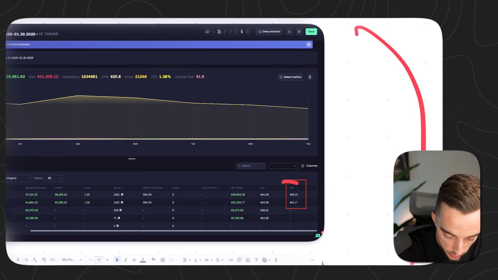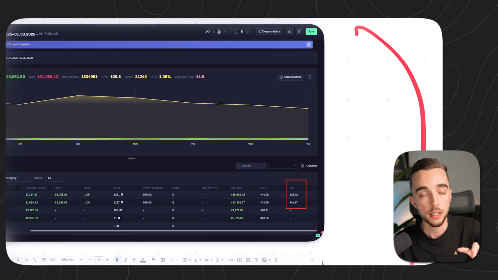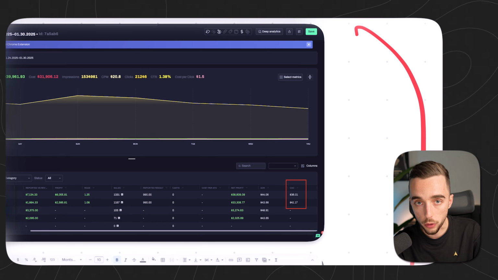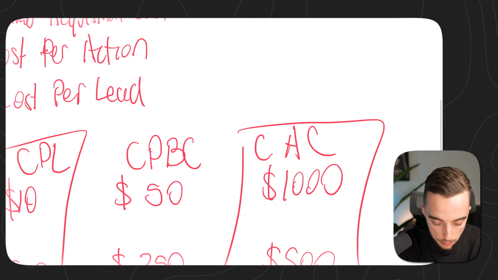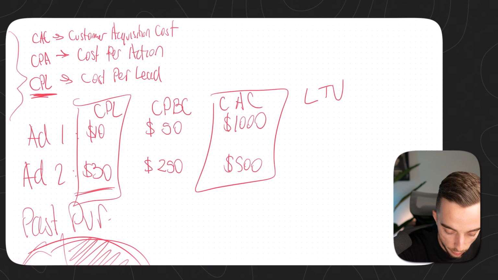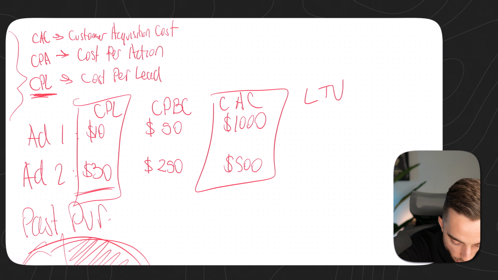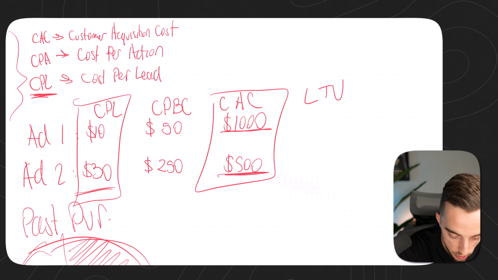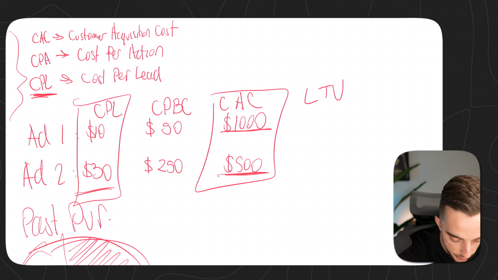So I not only know how much it's costing me to acquire a specific client from a specific ad or campaign, I also know the average lifetime value of a lead for this ad or this campaign, which now I could take a step further and stop optimizing only on CAC and start optimizing also on lifetime value. As an example, I'm literally going to undo what I did earlier and say, for all I know, it's going to cost me a lot more money to acquire a customer from ad 1 and a lot less from ad 2. So if all I look at is CAC, then I would kill ad 1 and keep ad 2. But if I add lifetime value, I perhaps see an average of, for ad 1 as an example,